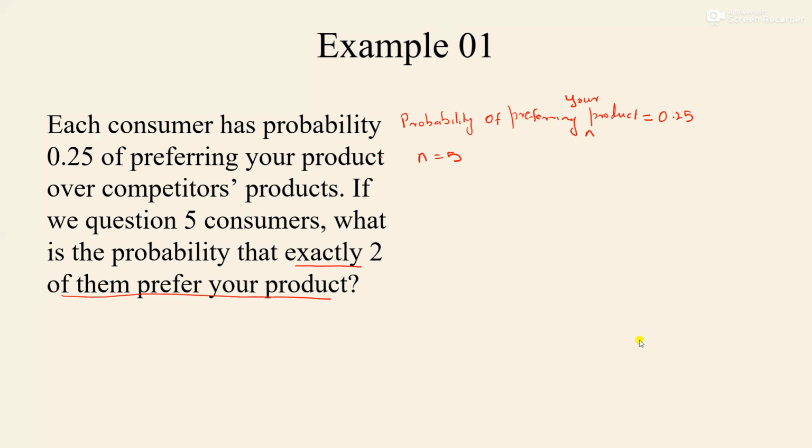We know the probability of preferring the product and that we are testing 5 times. We want the probability that exactly 2 of them prefer your product. So we take a random variable X. How can this variable be defined? X is the number of consumers